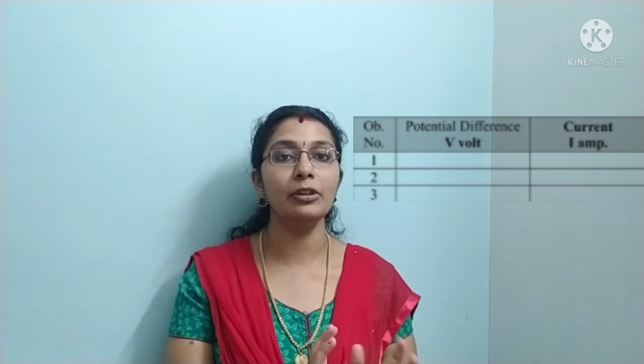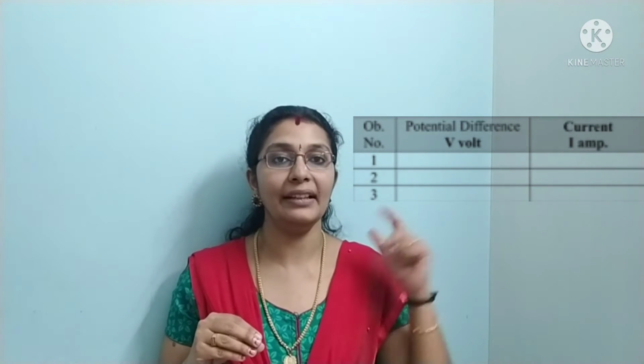Okay, with voltmeter connected across the bulb to measure the voltage across the bulb, and an ammeter connected to measure the flow of current through the bulb. Clear? Now, as soon as you complete the circuit, you can find the current flowing through the circuit, causing the bulb to glow. Okay. Now, note the voltmeter as well as the ammeter reading. So, voltmeter would give you voltage in volts and ammeter would give you current in amperes. Clear? Yes. Note it down and tabulate it.